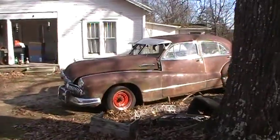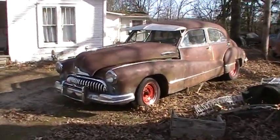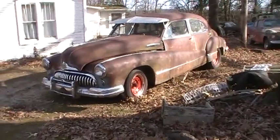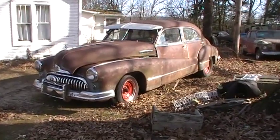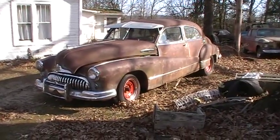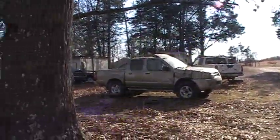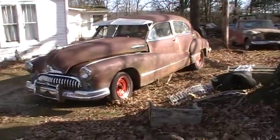The old Buick, the 48 Buick, is sold, waiting for its owner to come today and pay me and say adios. Well, I told him he could leave it here and work on it some. You know, how can you tell that there's an extra car here? Who knows? But anyway,